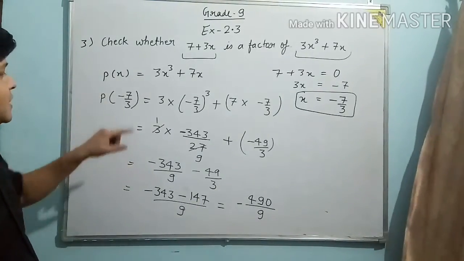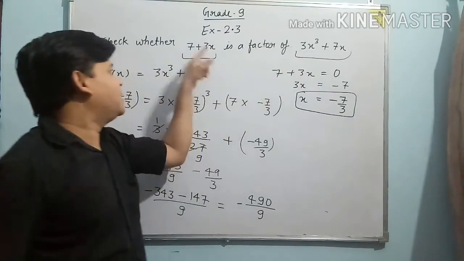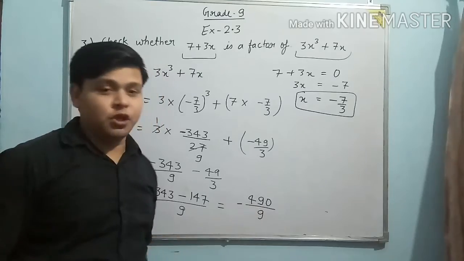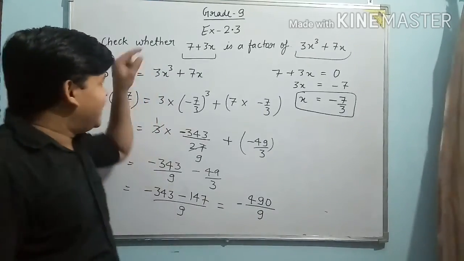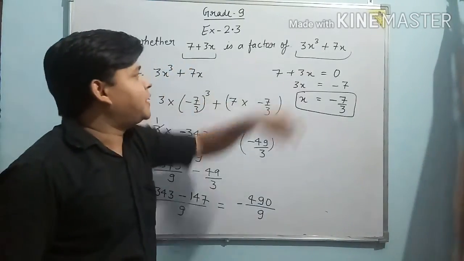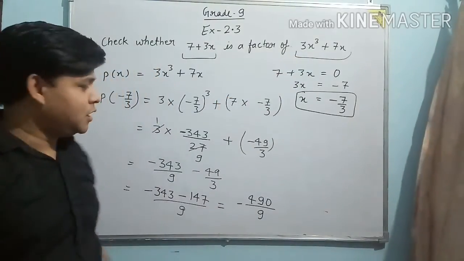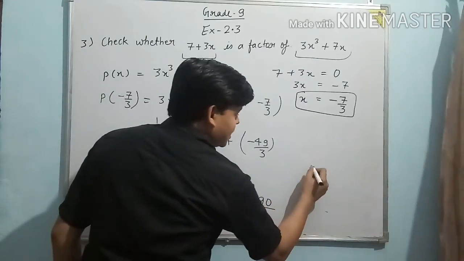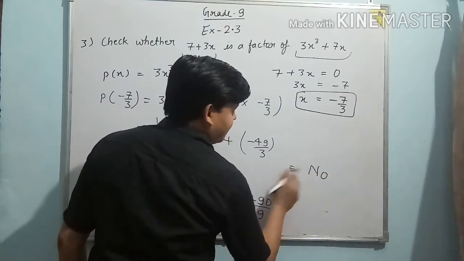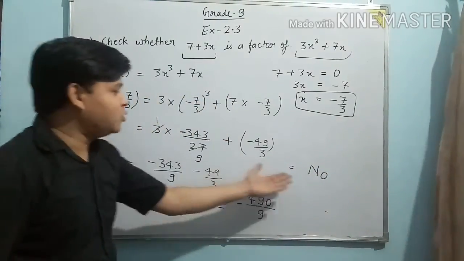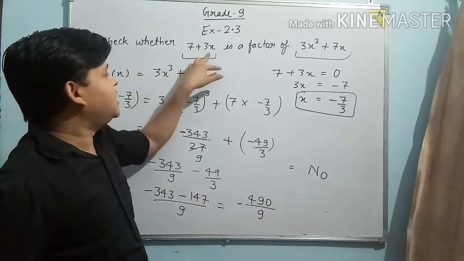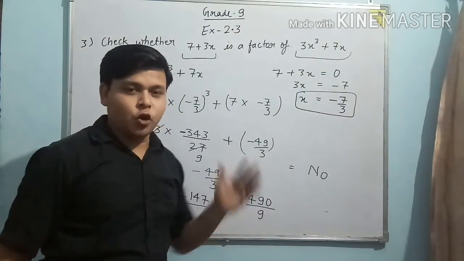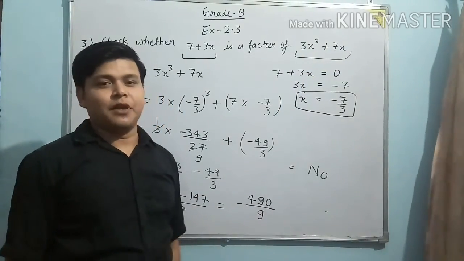When you will divide this number by 7 plus 3x, so what we can observe here, that the remainder is not 0 here. So it means that this is not a factor of this given polynomial. So finally answer is no. So I don't have space here, so I am writing this answer no. Final answer is no. So after this you can write here that no, 7 plus 3x is not a factor of 3x cube plus 7x. So I hope you all would have understood this exercise. Thanks for watching it.